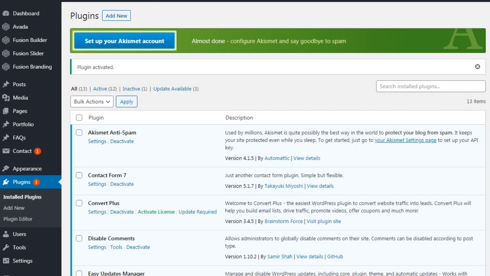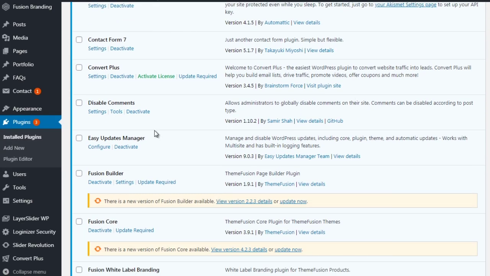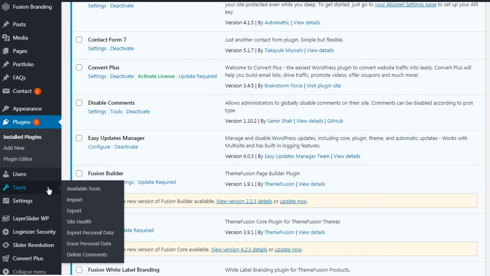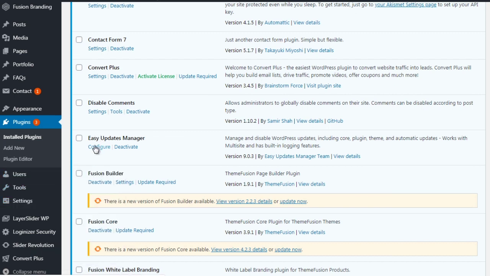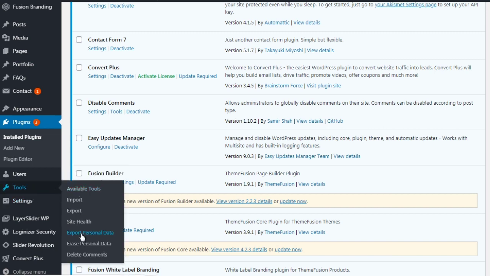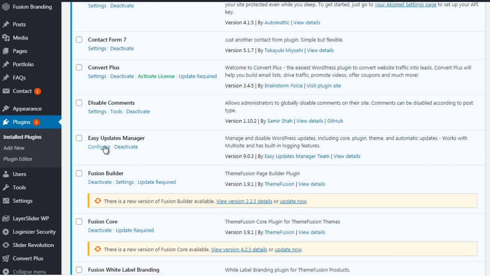So I'm going to close these down, and we will look for the location. So configure, there's a configure. Sometimes you'll find it on the left-hand side. Sometimes it's under settings, and sometimes it's under tools. Based on what I'm seeing here, it's simply this configure button. So we're going to click configure,